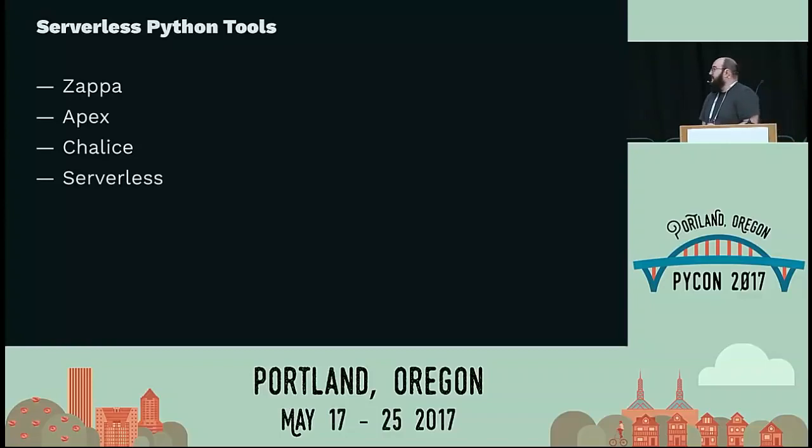In serverless in Python, we have a bunch of great choices. We have the Zappa framework, we have Apex, Chalice, and of course there is a serverless framework just to make it even more confusing. We must add serverless to everything, just like randomly throughout this presentation I will say serverless, and it will feel like it goes right, but it shouldn't be there.